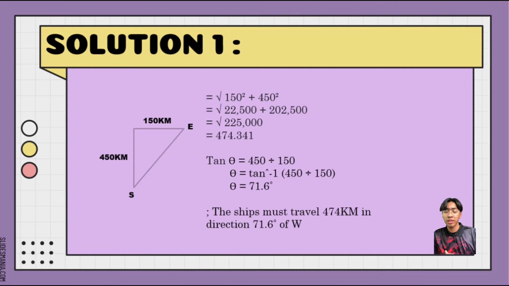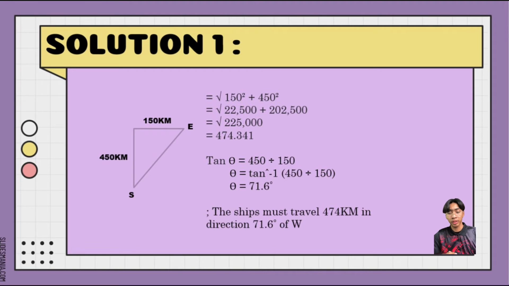So the solution is, you draw a triangle and label it. Then you use the Pythagorean theorem, which is c squared equals a squared plus b squared. So you will get the square root of 150 squared plus 450 squared. You will get the square root of 22,500 plus 202,500. If you add it, you will get the square root of 225,000, and if you calculate it, you will get